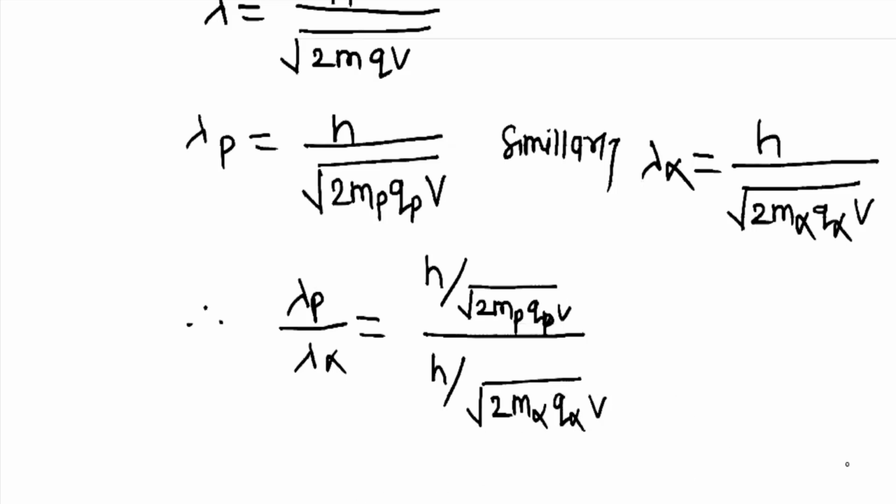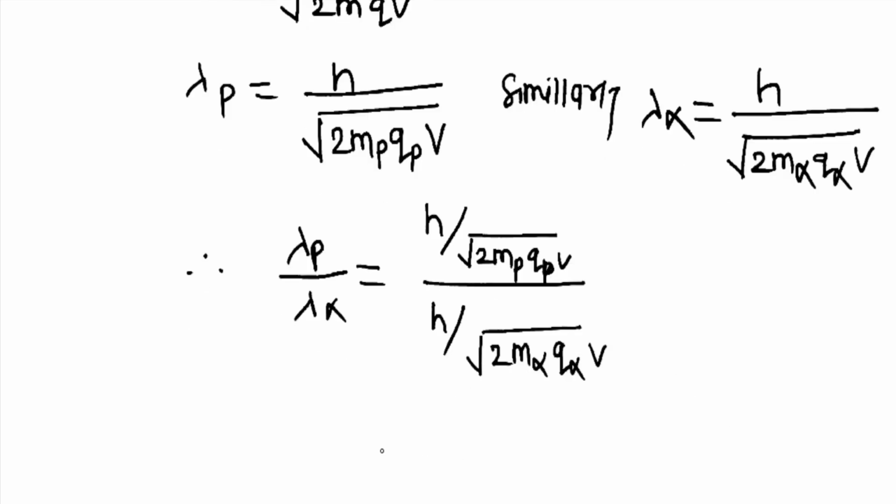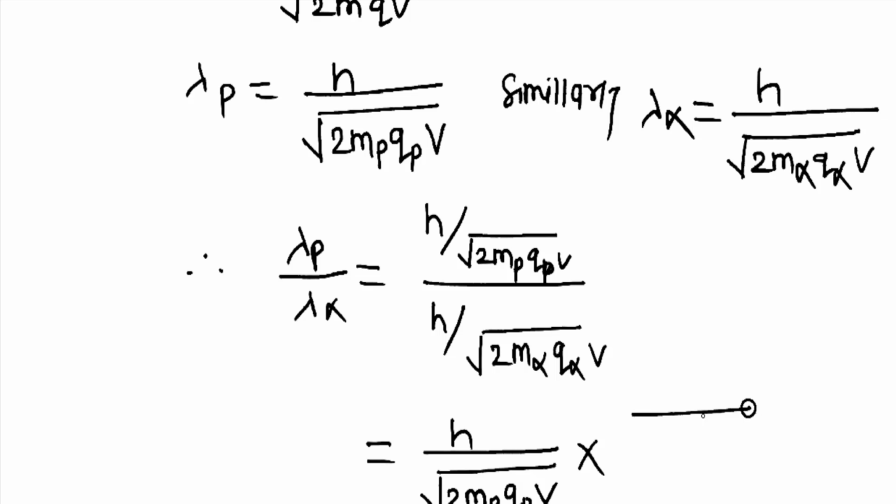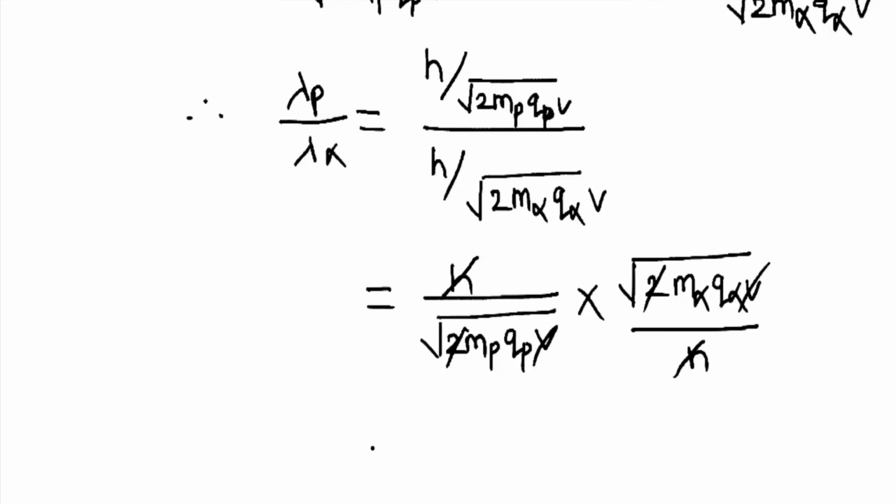Now on solving this we get h divided by root of twice m_p q_p into v, multiplied by root of twice m_alpha q_alpha into v divided by h. Now the same terms will get cancelled: h will get cancelled, the 2 will get cancelled, the root v will get cancelled, and therefore